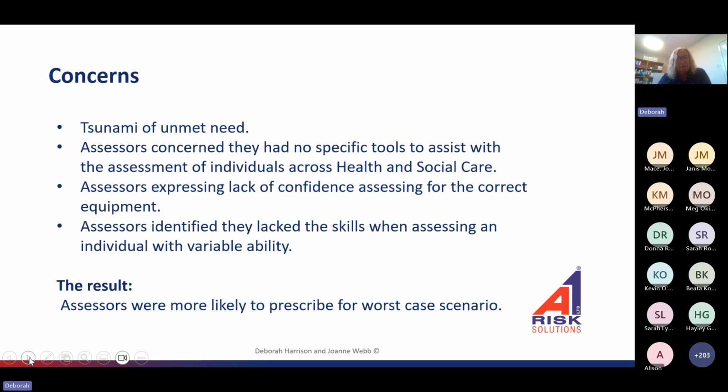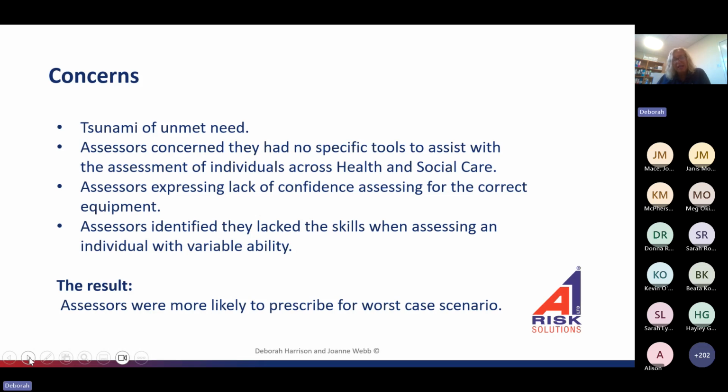one of them. And assessors actually identified within the research that we did, and the research was done with 4,576 clinicians and prescribers of equipment. So we had a good basis to work from, and they identified that they lacked the skills when assessing for that individual with a variable ability specifically. And the results were,